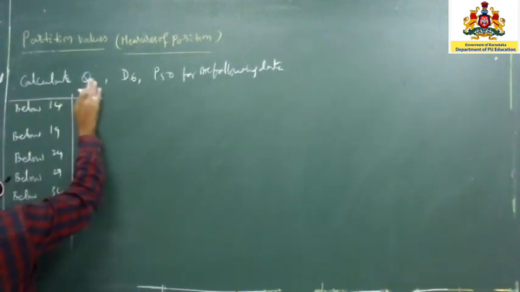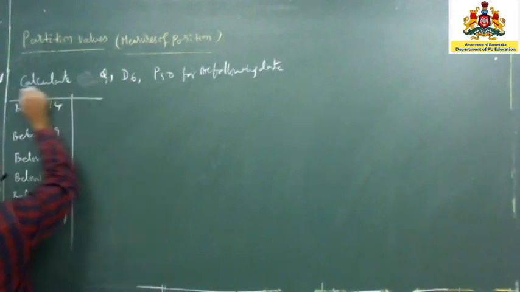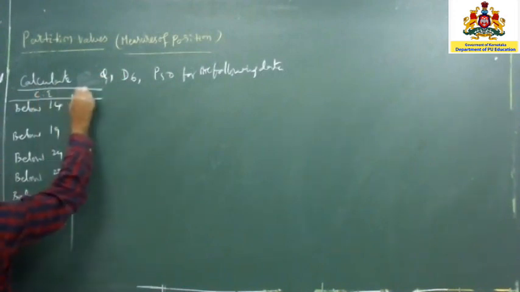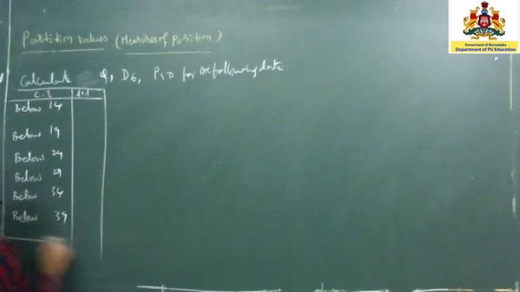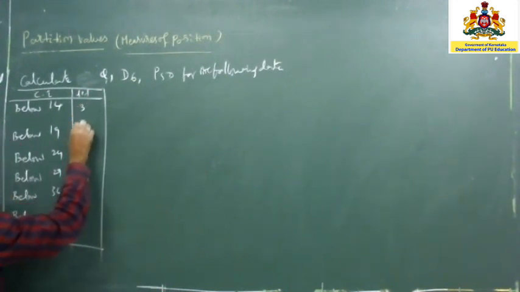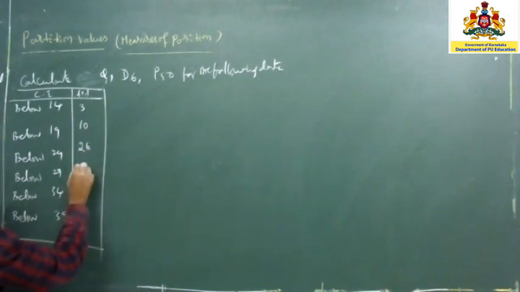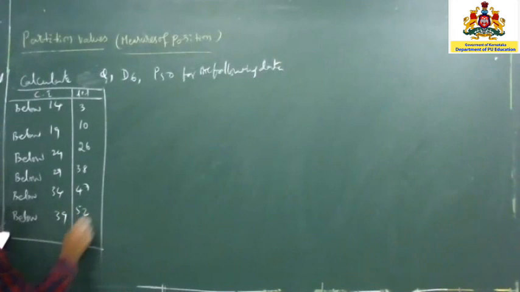And here let us say that this is Q1, this is a class interval, and this is LCF, or sometimes the number of people, number of workers they will give you. For a better understanding I have given it: 3, 10, 26, 38, 47 and 52. When this is given, whenever more than or below is given, this column should be converted, and this column should also be converted.